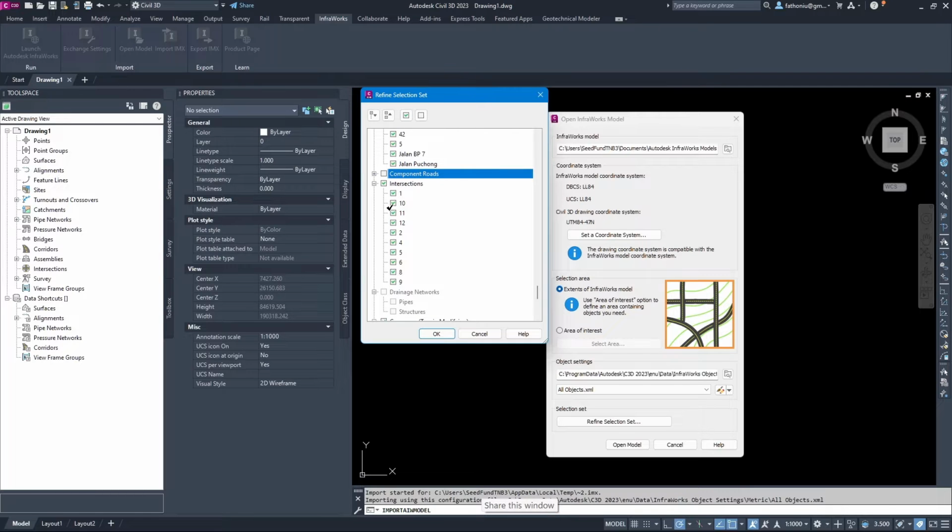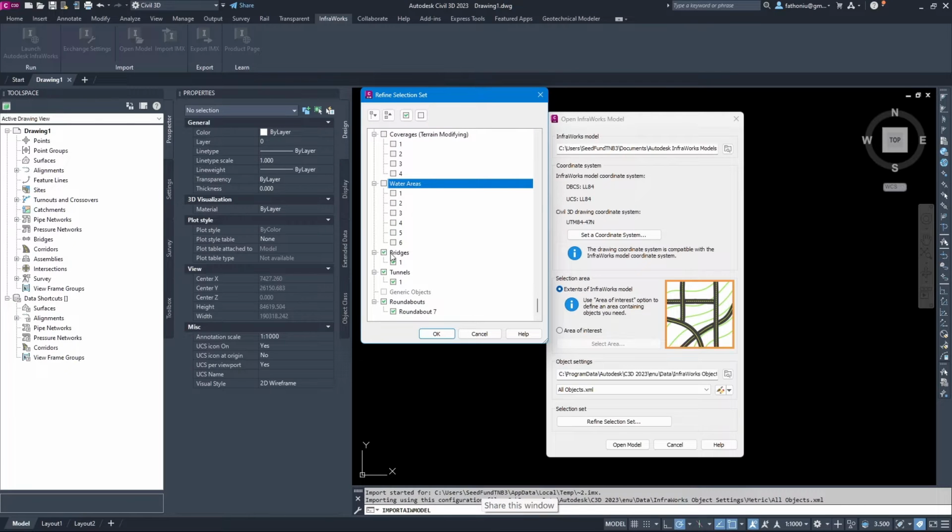Intersection also in InfraWorks, as we previously have discussed in the previous video, the intersection is actually not properly imported, so then we need to create our own intersection. Then coverage terrain modifying we also don't want. Water area we don't want this one.